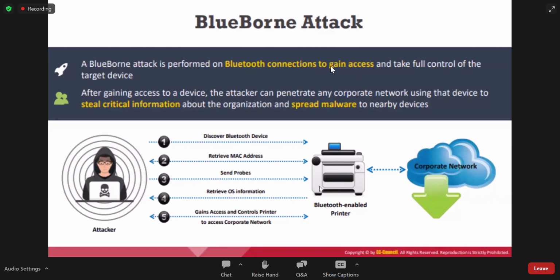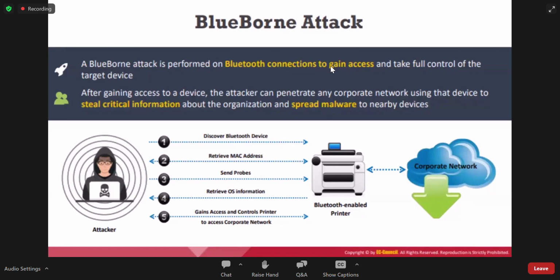Here in this image it is a printer, and he takes control over the printer, and then he can access the whole corporate network in the first place. For this kind of attack, you have to be present near the network or the device.